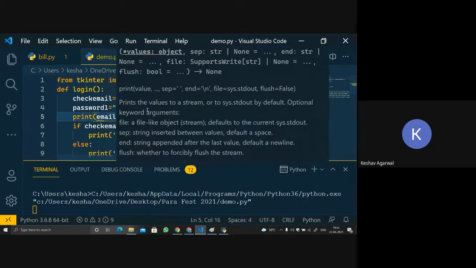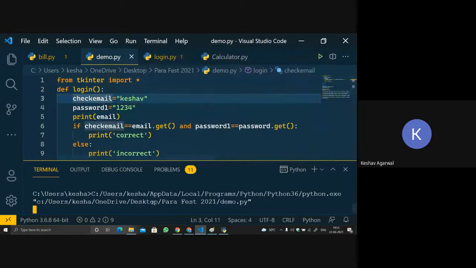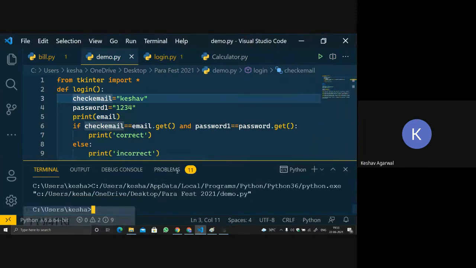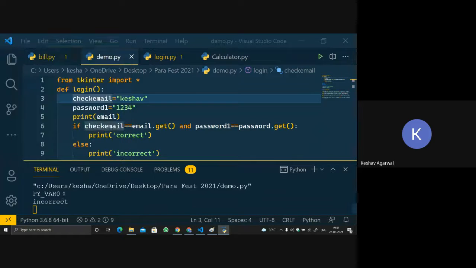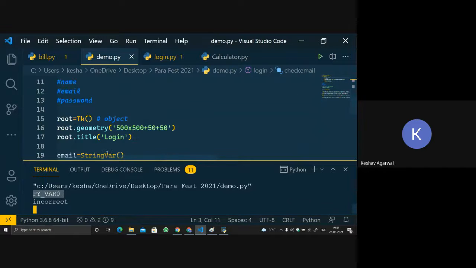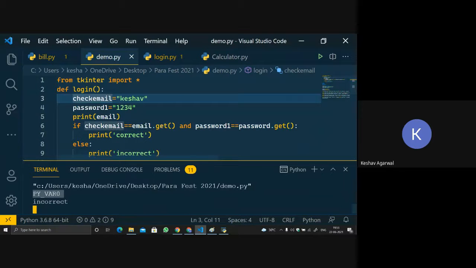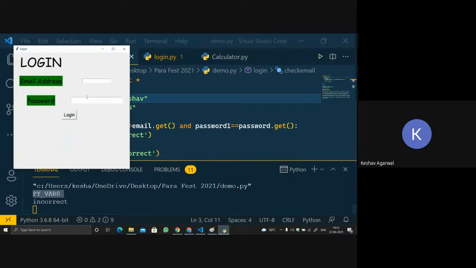It will print the default value that it is taking. Let me just press login. See what variable it is printing: PY_VAR0. So we have to use the get function so that we can get the value inside.